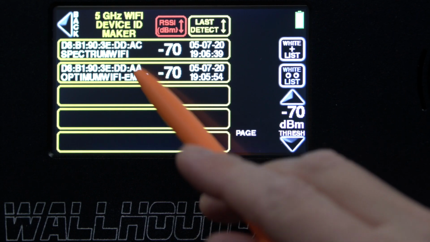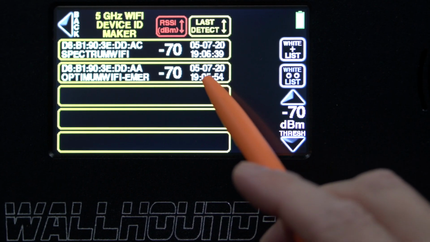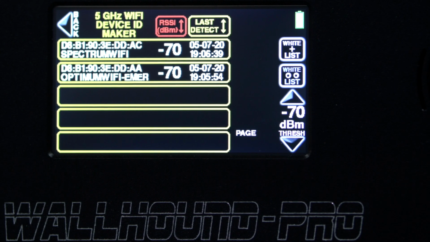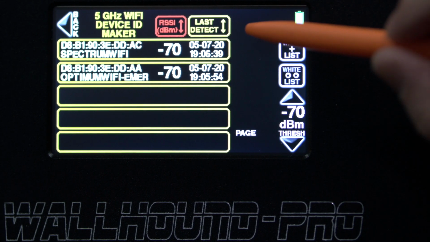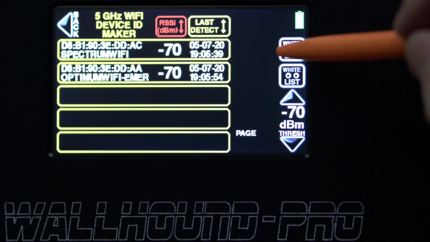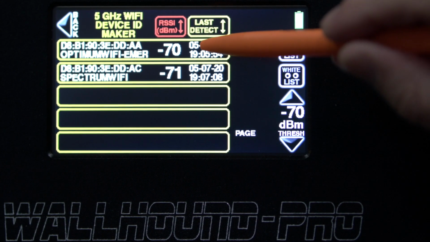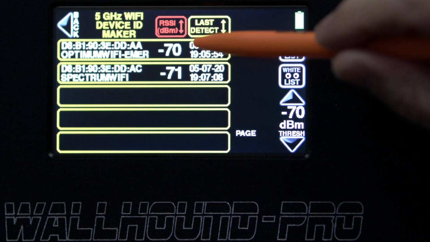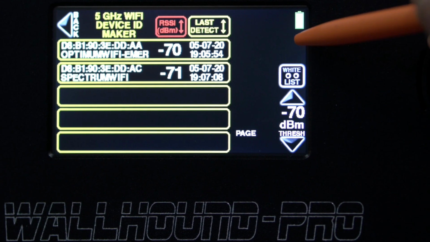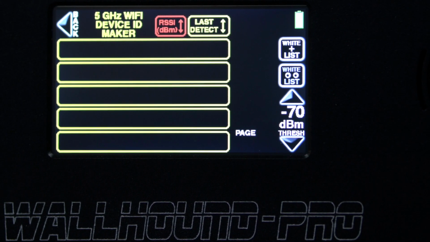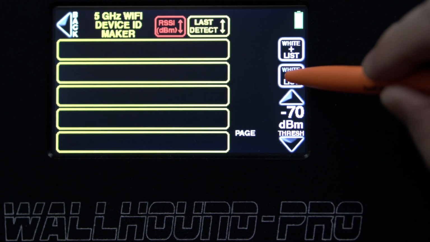Relatively strong signal, Spectrum Wi-Fi and Optimum Wi-Fi. So these are access points, they're free hotspots. They happen to be out on the street, which is a couple hundred yards from here. So again, assuming I deem these secure or allowable and I don't want to alert on them, I could say I want to whitelist on it and click on these two, and then they'll disappear. And now they won't come up and alert anything anymore,